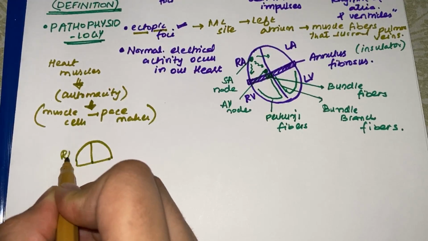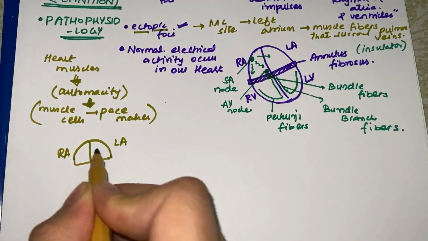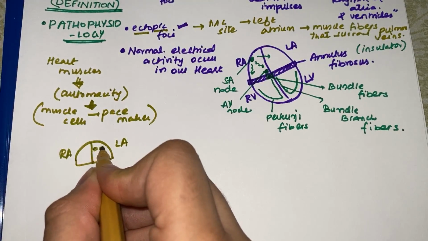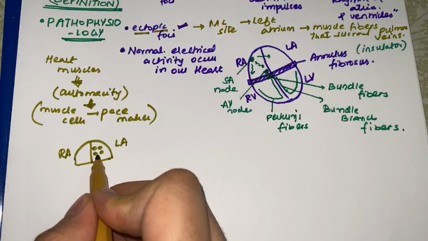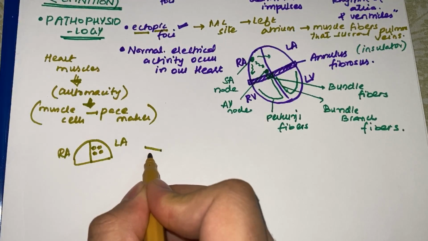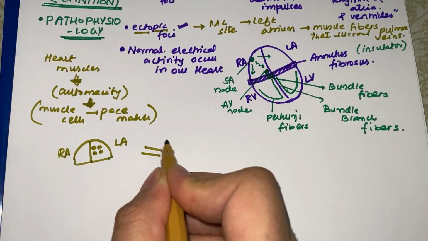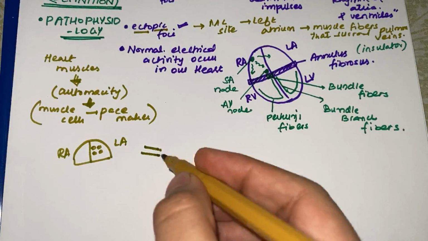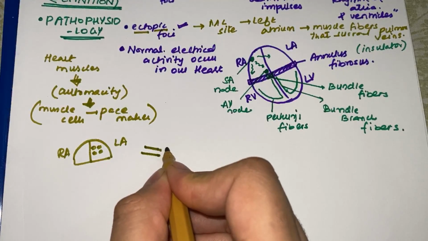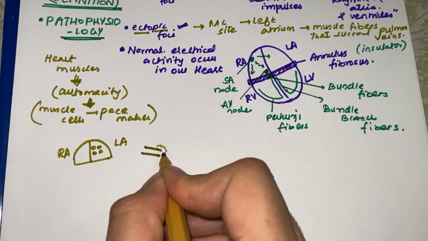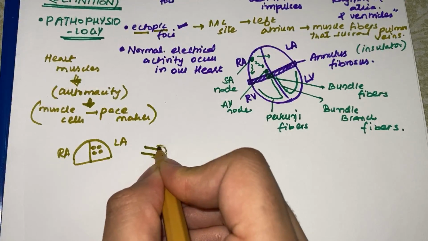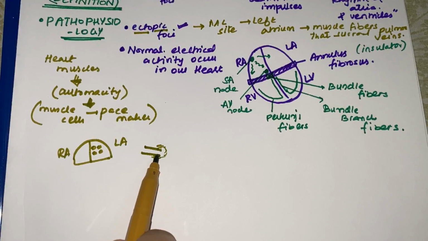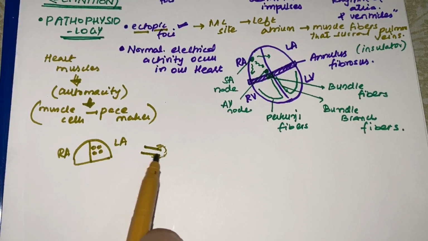this is my right atrium and this is my left atrium. In this left atrium, 4 pulmonary veins open. We know it, there are openings of 4 pulmonary veins. Now imagine this is the pulmonary vein, it has to open in this heart tissue. So wherever a vessel has to open in a tissue, these muscle cells basically form a covering around it. They overlap it to provide that space where it fits in the atrial tissue or the atrial muscle